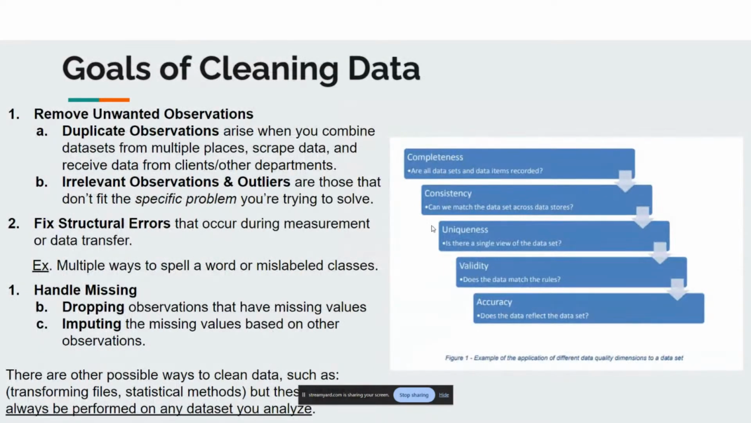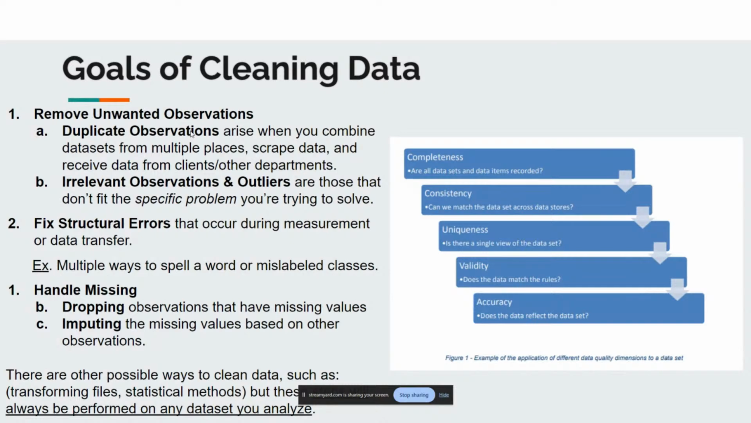Okay, so goals of cleaning data. This is where we'll dive deeper into some of those completeness and consistency and uniqueness ideas for data quality. But some of the high-level goals of doing it that help with completeness and consistency and uniqueness is removing unwanted observations, whether they're duplicate observations or irrelevant observations and outliers. First, with duplicate